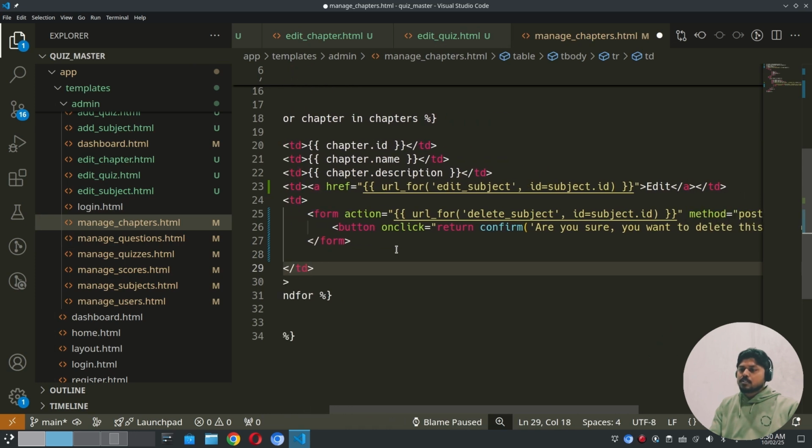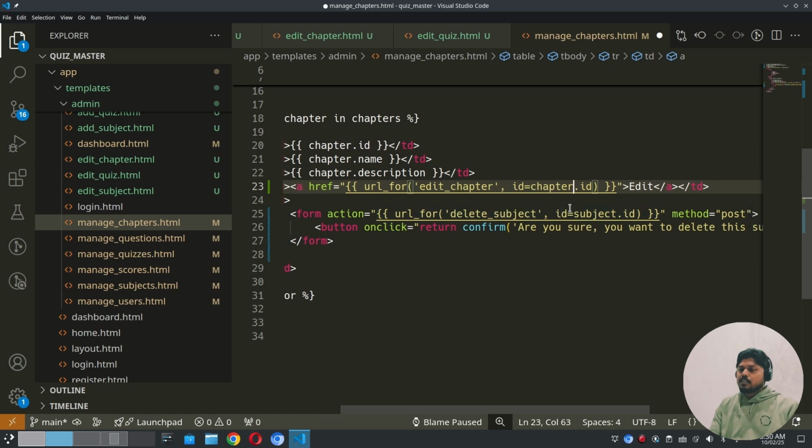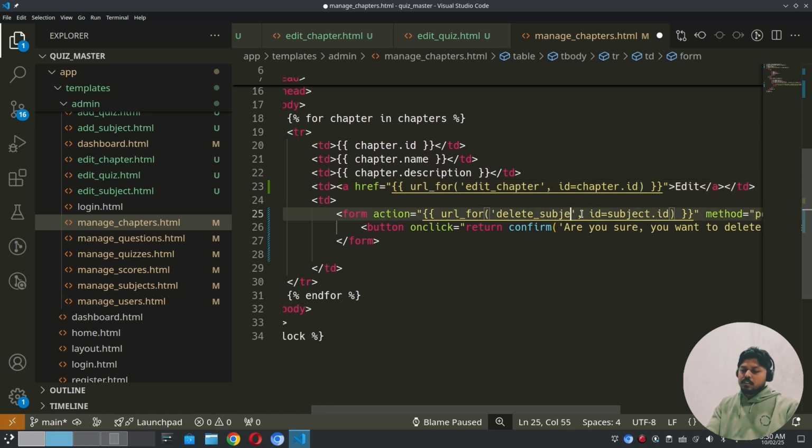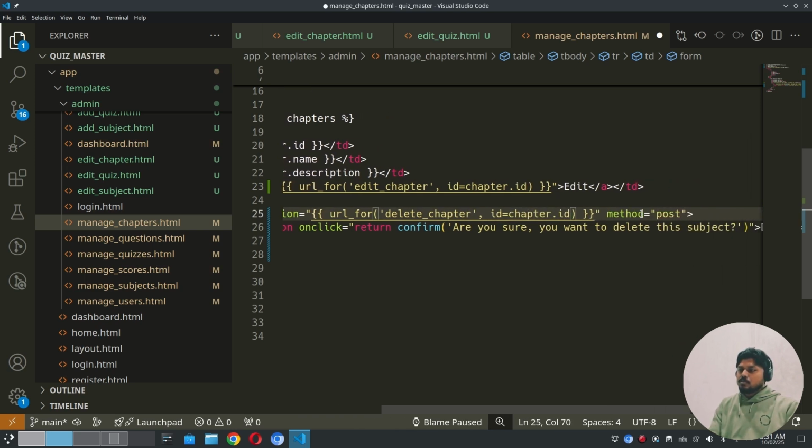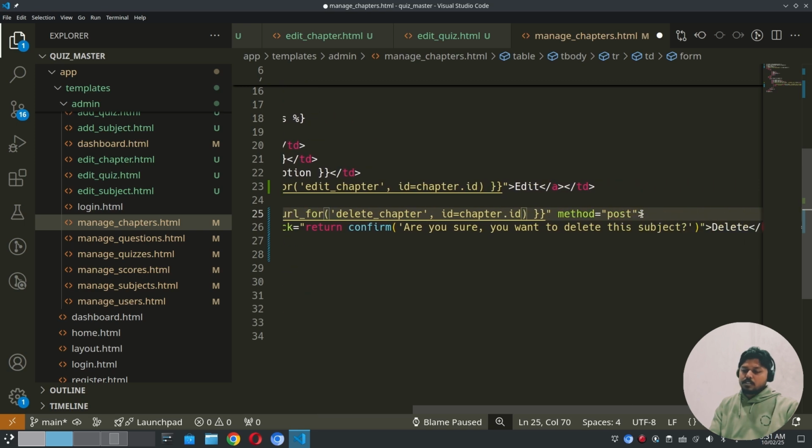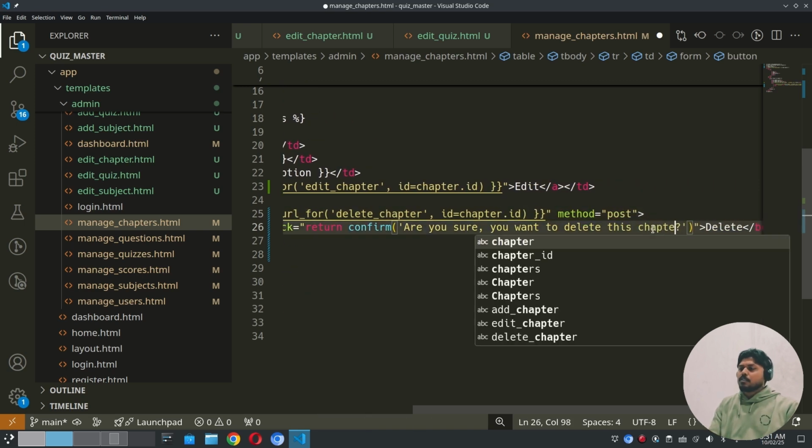So the URL for edit chapter will be edit chapter, and the ID will be chapter.id, and for the delete the URL will be delete chapter, the ID will be chapter.id, method post. Are you sure you want to delete this chapter? Okay,